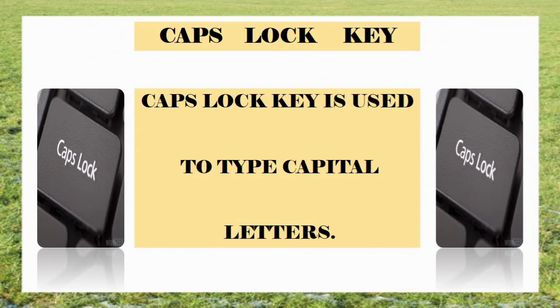And the signal, if you want to see whether the caps lock key is on or not, a green light is present on the keyboard, right upwards on your keyboard. If it is on, it shows that your caps lock key is on, and if the light is not visible, that means your caps lock key is off. So children, caps lock key is used to type the capital letters.